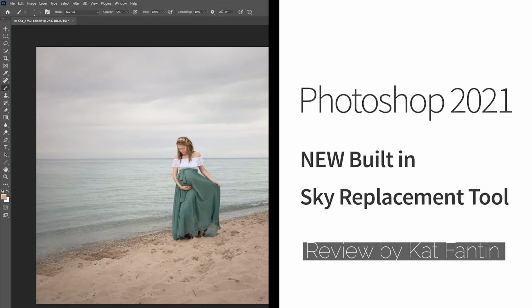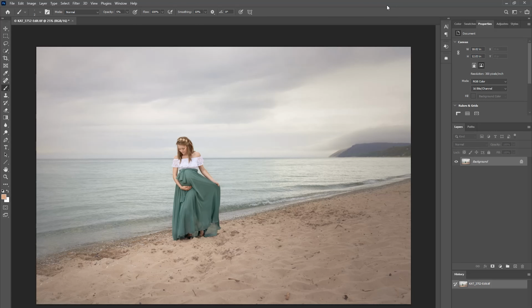Today I want to talk about Photoshop 2021's new sky replacement tool. A lot of us already do sky replacements, but now Adobe has added in a more automatic way of doing it. So we're going to give it a try on this image from my own maternity image that was taken